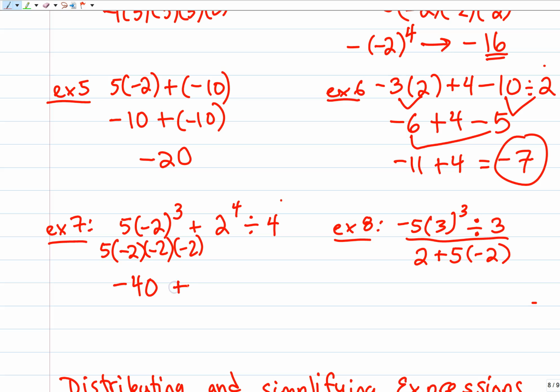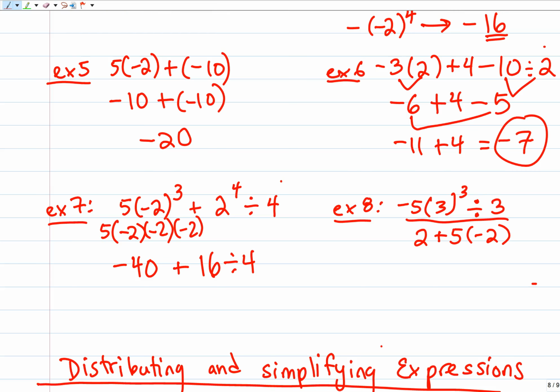Plus 2 to the fourth is 16. What do I do next? We divide before we add. So it's negative 40 plus 4. Negative 40 plus 4, combine or cancel, leaving us with